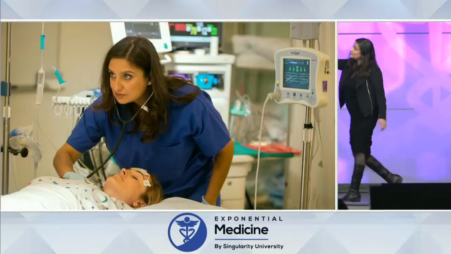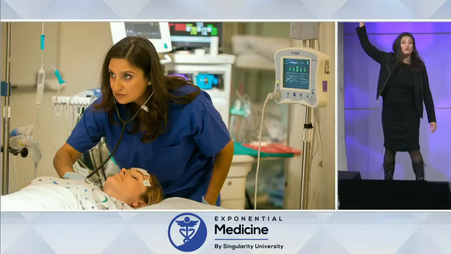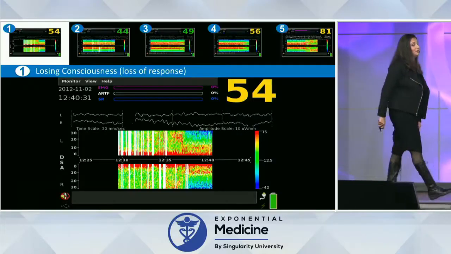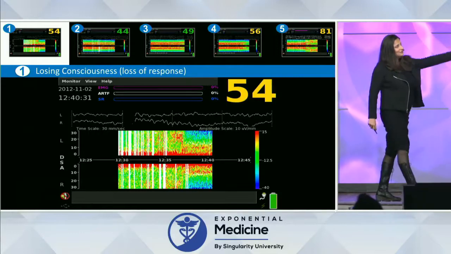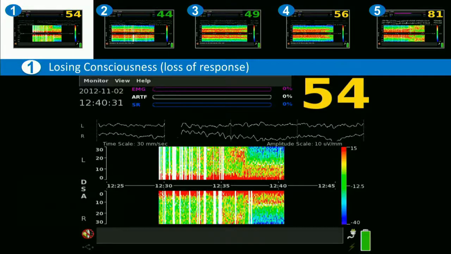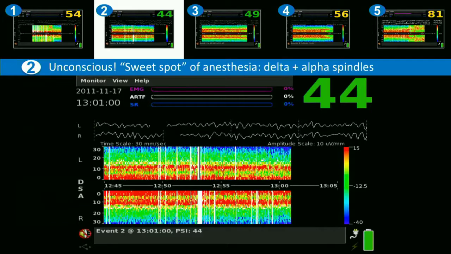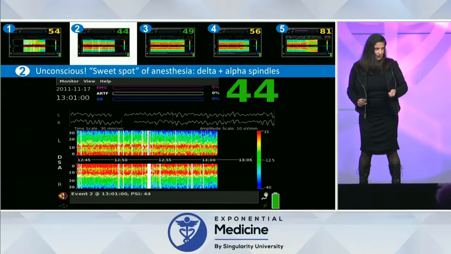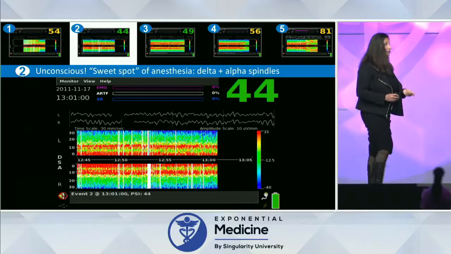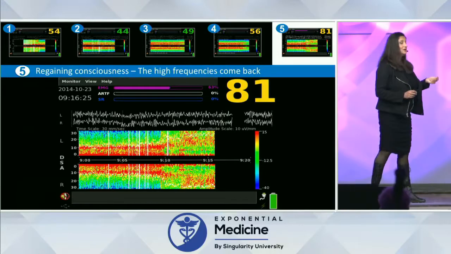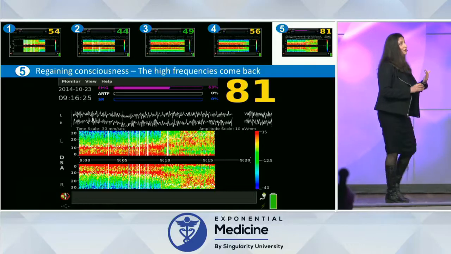You can actually see some real brain recordings over my left shoulder behind me in an operating room. And look at these photos here. You can actually track real patients' brains as they lose consciousness. You can see where everything goes from red and green to blue. You can track how to maintain them in this unconscious state so they don't feel the surgeon cutting into them and wake up during surgery. And then you can actually figure out how to bring them back.